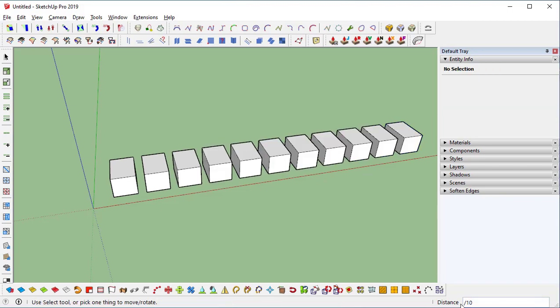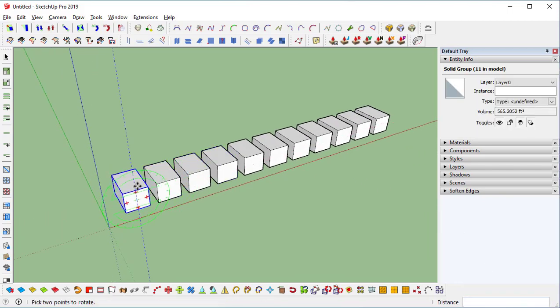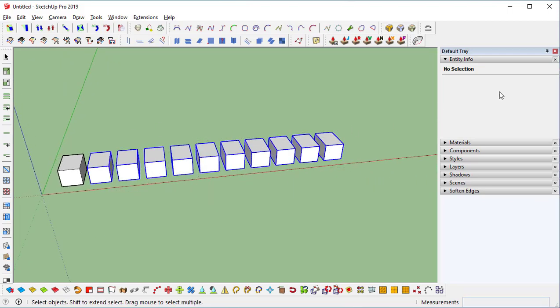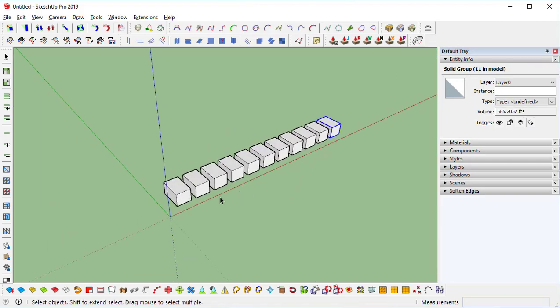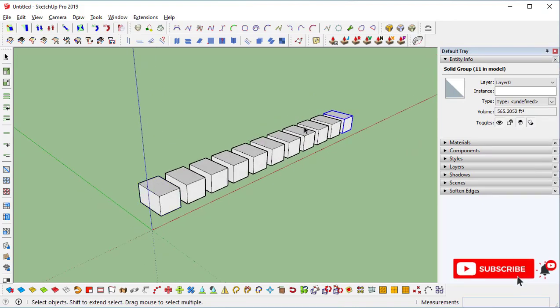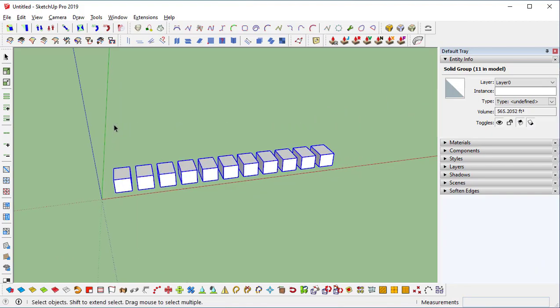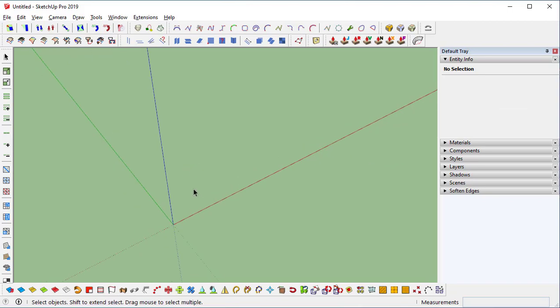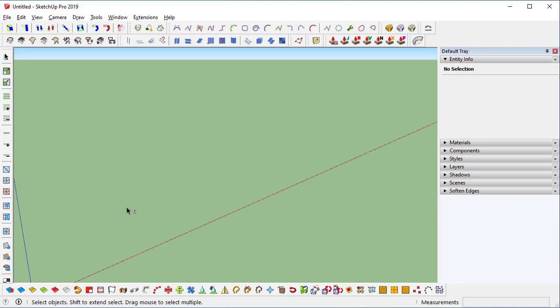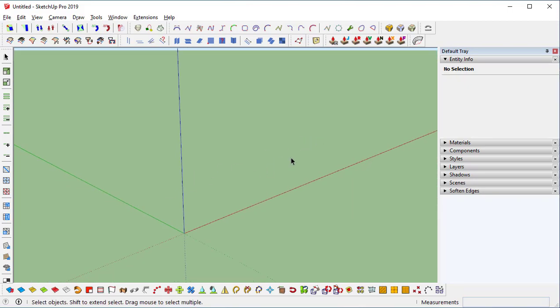If you use this symbol, what is happening? It is creating multiple objects in between first and last. If I want to check, I select all these objects, and it is showing 10 solid groups. In this way you can copy multiple duplicates, either from between first and last or by multiplying. Either way you can copy. This is one form of array. If you use another type of CAD software, we call it array, right? This way you can create linear copies.